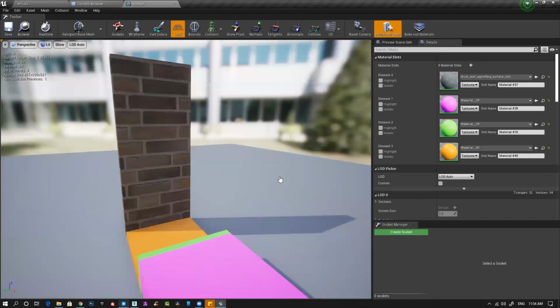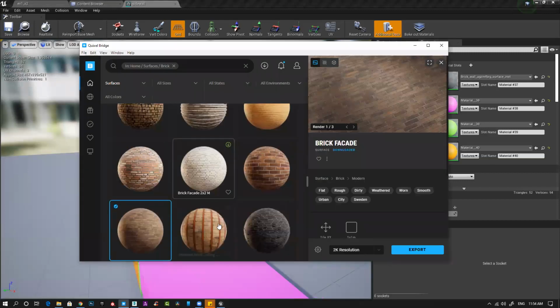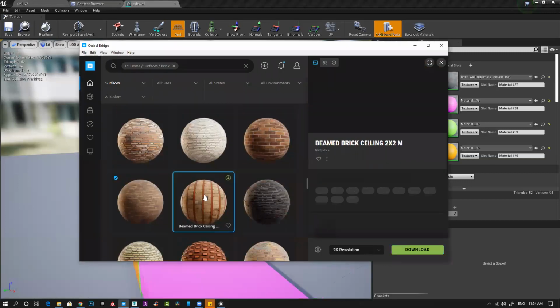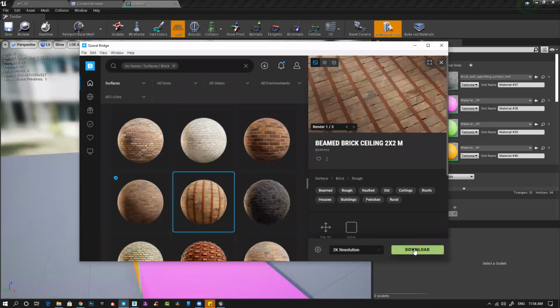Now I'll quickly load another one. For this base, I can use this. I'm just simply downloading this. They are creating all the textures, maps, everything automatically in engine.